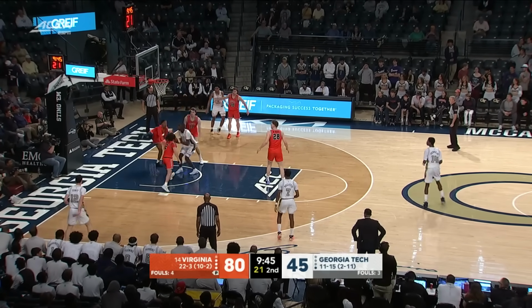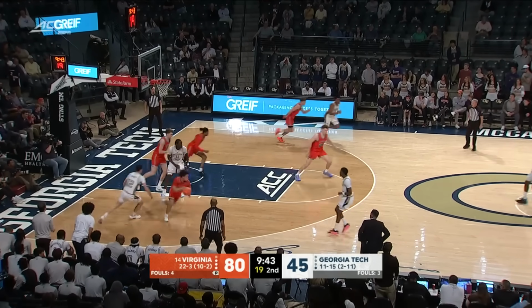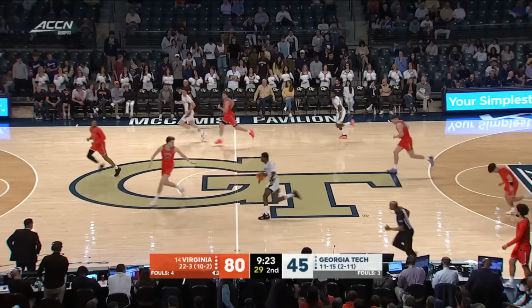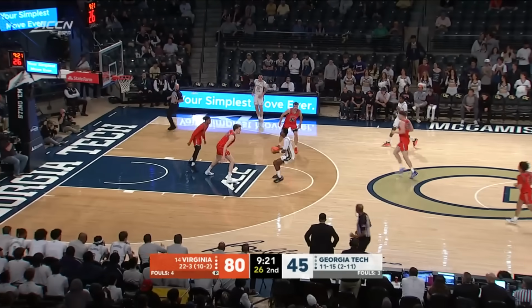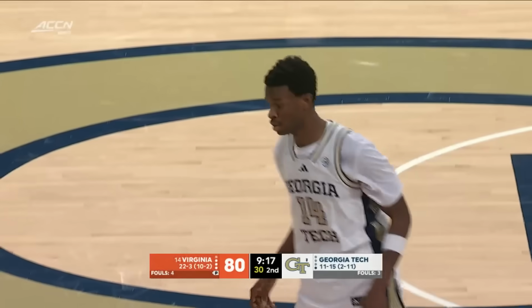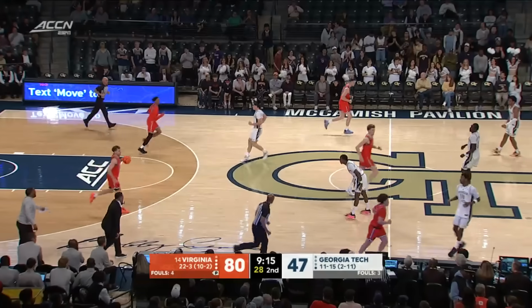Among the things Virginia's been working on lately, another rejection for Grunlow. Yeah, they're certainly doing it tonight. There's going to be no close game tonight, obviously. And their defensive ability, right? They're third in the ACC in blocked shots, and that's a nice little